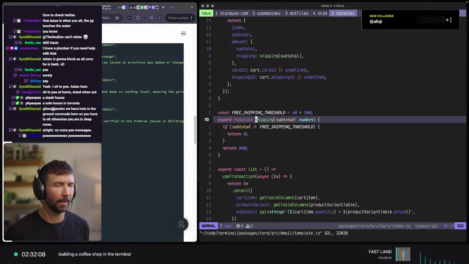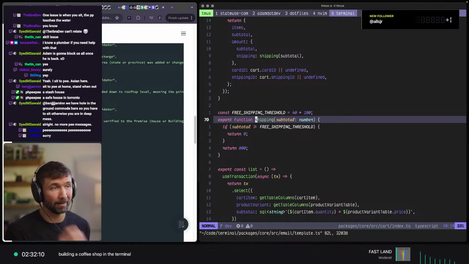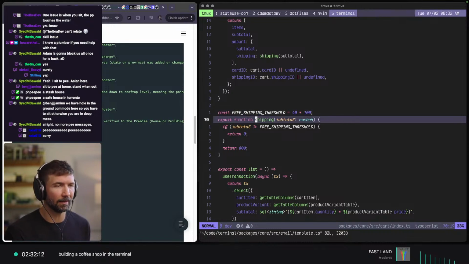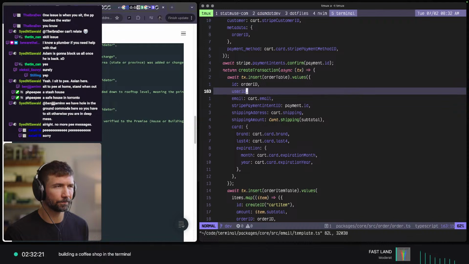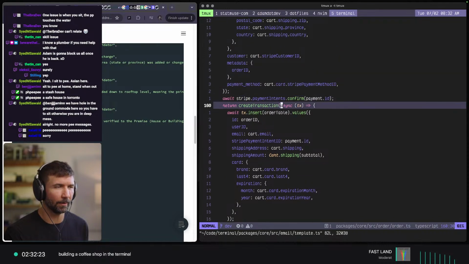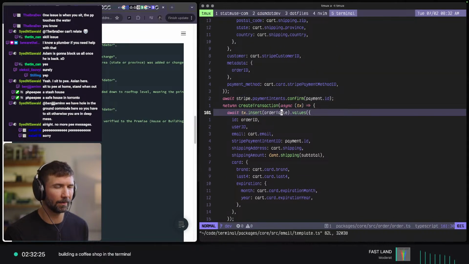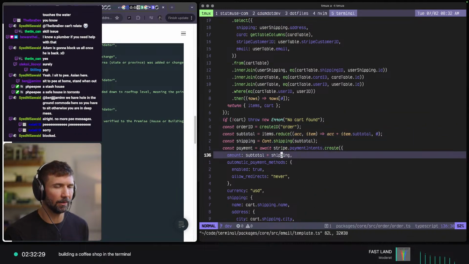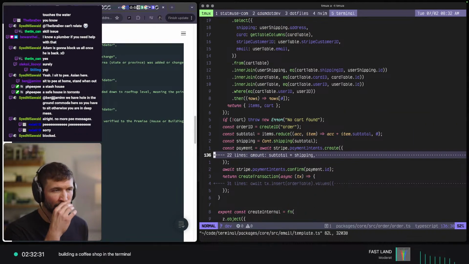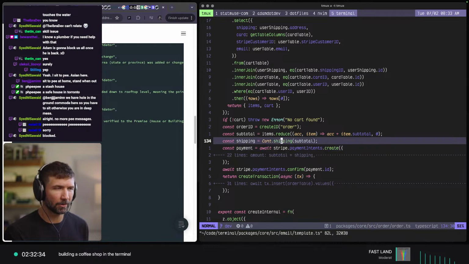Okay, yeah. So now this thing is going to need the country. Free shipping threshold. Oh, this is going to be totally different now. So maybe in here is where I do it, because at this point we actually need to know the shipping costs. So if it's cart shipping,